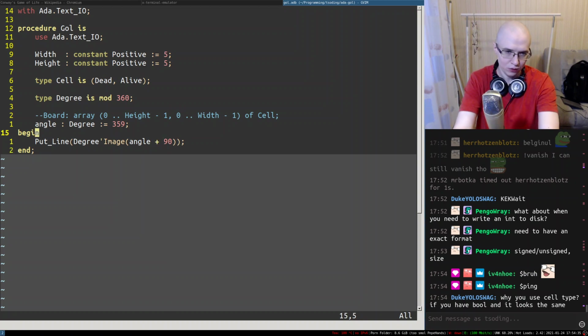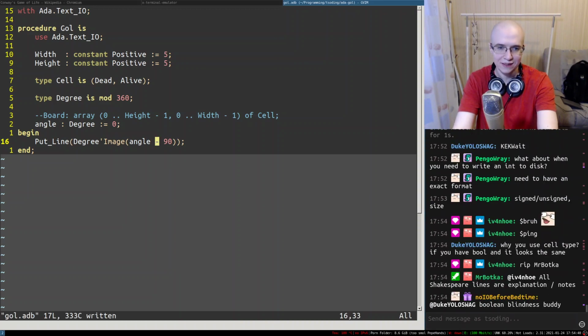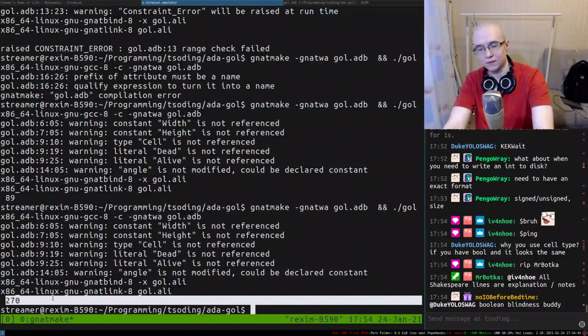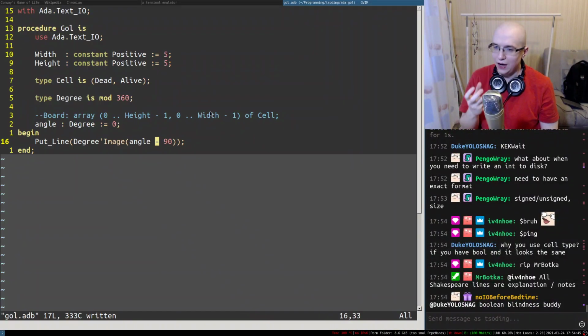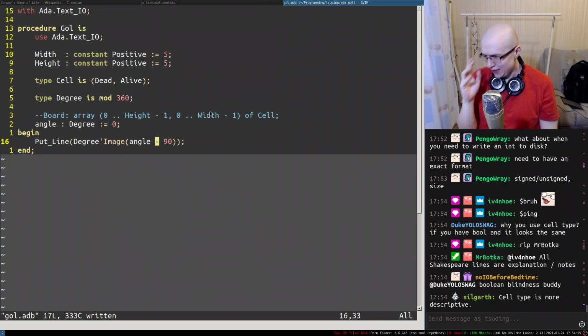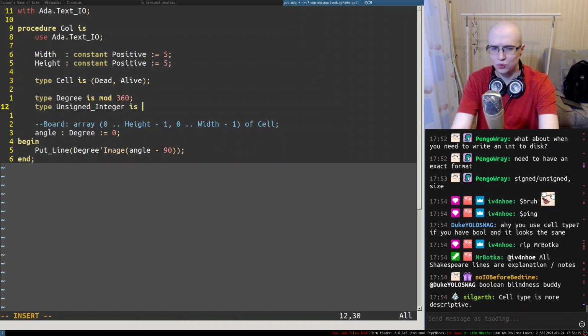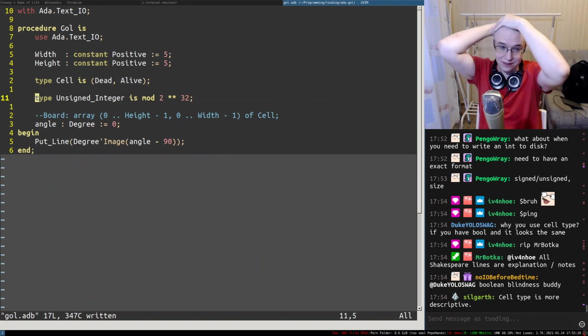So these are mod types. As far as I know, they work on both sides. So if you, for example, have 0 degrees and you subtract 90, it's going to be 270. So we see you can define types that automatically apply modular arithmetic. And it's very useful when you work with degrees, time, and everything circular, everything repeating. Furthermore, these kinds of types are used for unsigned integers. I don't remember the name of unsigned integer in Ada, but I think for a 32-bit architecture it would be defined as a mod of 2 to the power of 32. And what's interesting is that on x86-64,